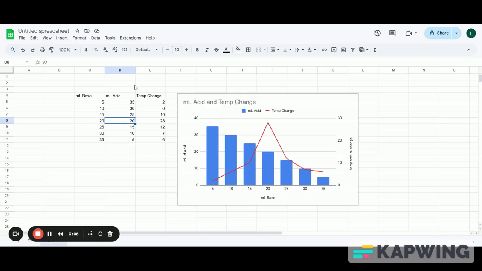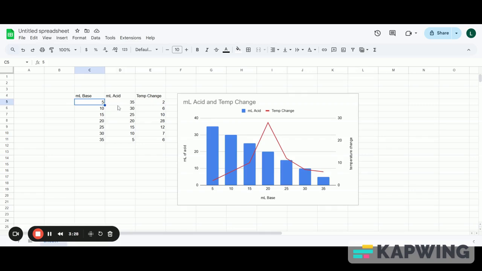Now, you might use this information later. We could do a lab, perhaps maybe some point next week, where I just give you two random amounts of stuff and I say, hey, figure out what the best combination of reactants would be in order to get the greatest temperature change, or what the most efficient reaction would be, and you'd have to graph that data and generate something similar to what we've shown right here,